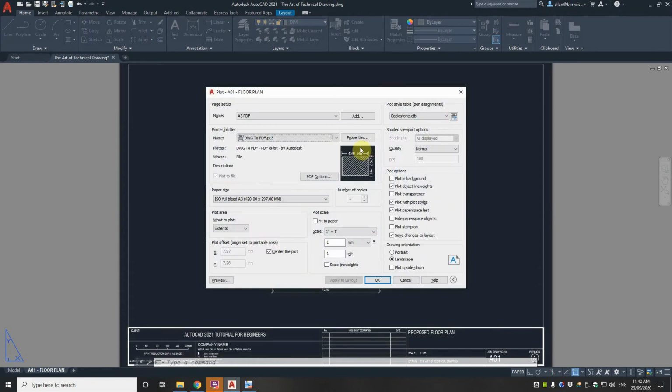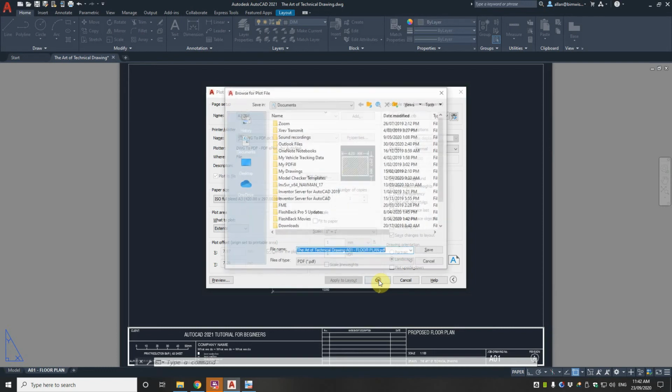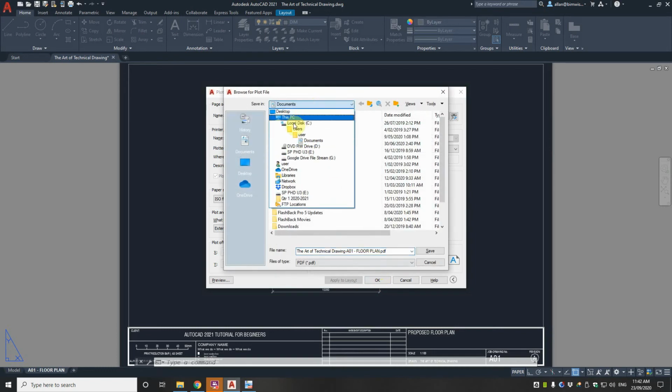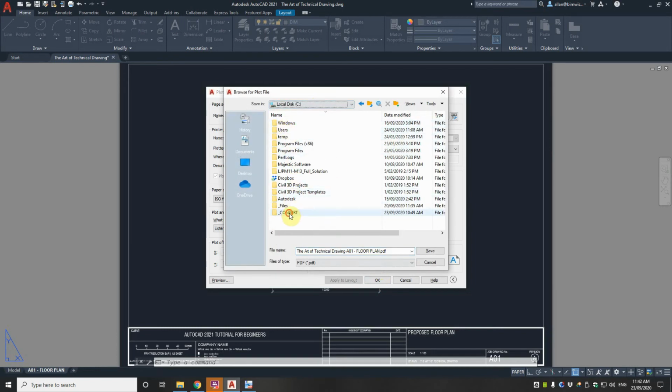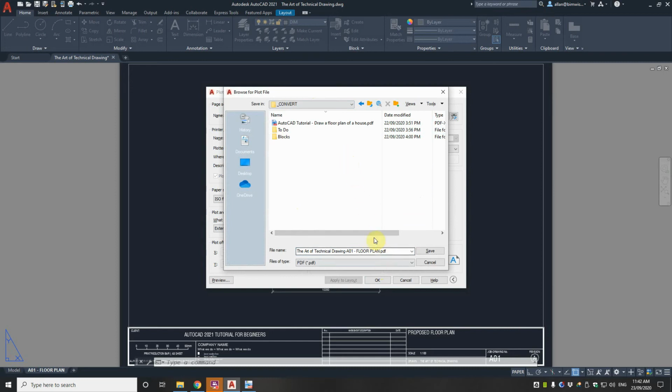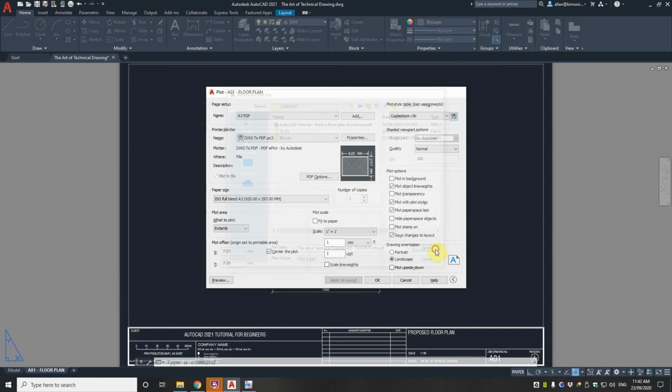Now practically we have completed our floor plan here, so the only thing we've got left to do is to plot it so we can email it to someone. So type in the plot command. I've already got this one set up as A3 PDF, and we can plot that to our output folder. So there's the one I was looking at before. Now you can see the Art of Technical Drawing AO1 floor plan, which is that tab and the file name. So let's save it